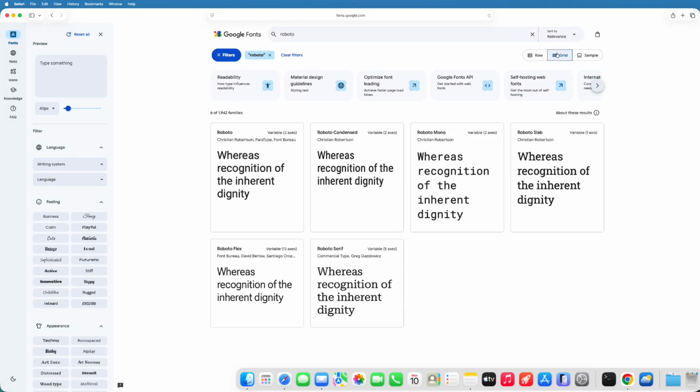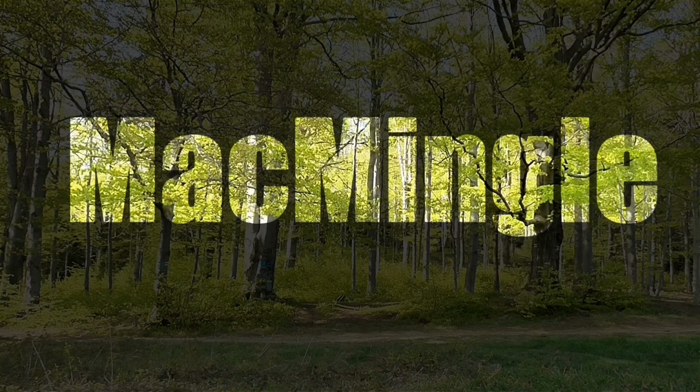Hello, in this video we're going to look at how to add Google fonts in the Mac environment all under